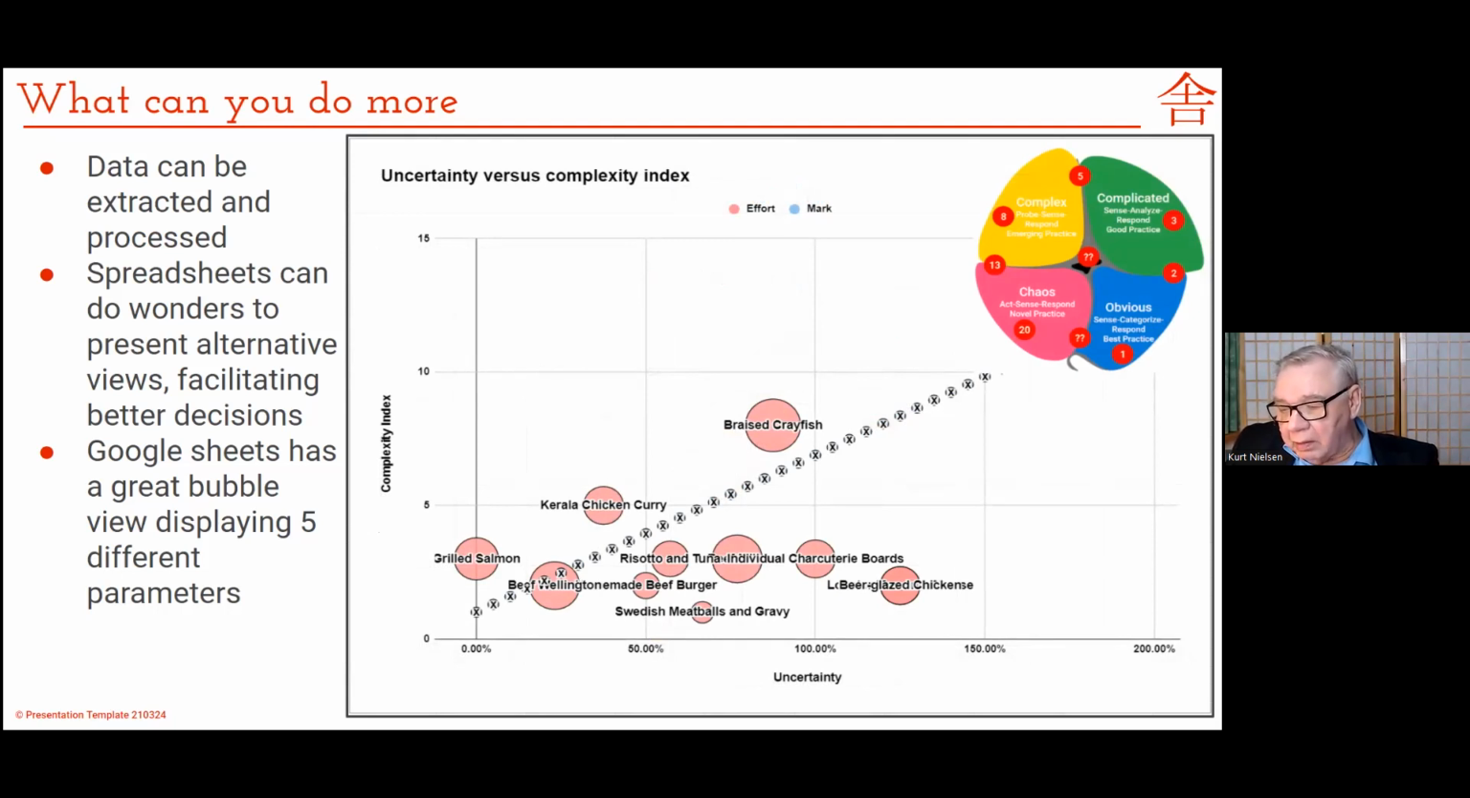The dotted line in the middle really means this is where you would expect it to be. You would expect uncertainty to grow with complexity. But what this does is it opens up, for example, the one in the right corner, the beer glazed chicken. I would certainly ask my team, how come you have such a great uncertainty